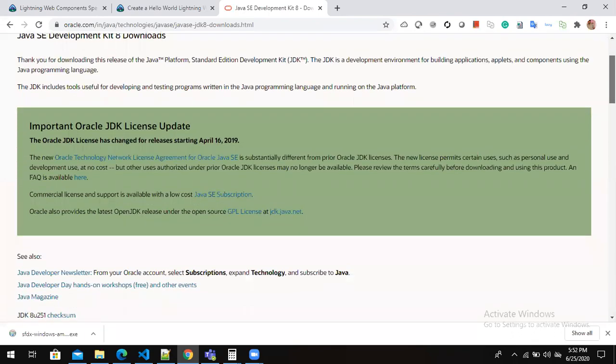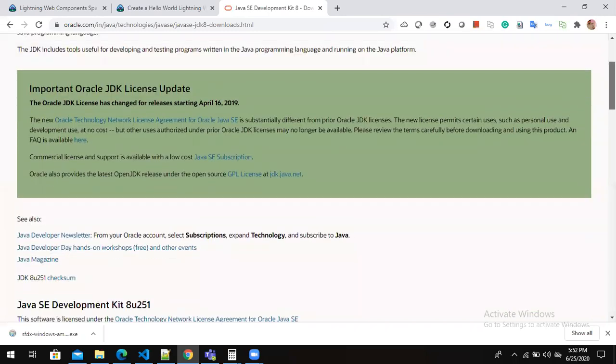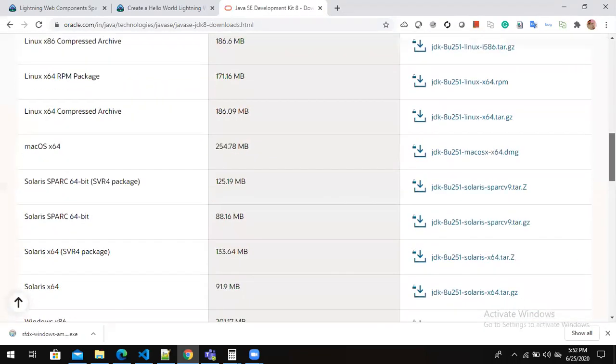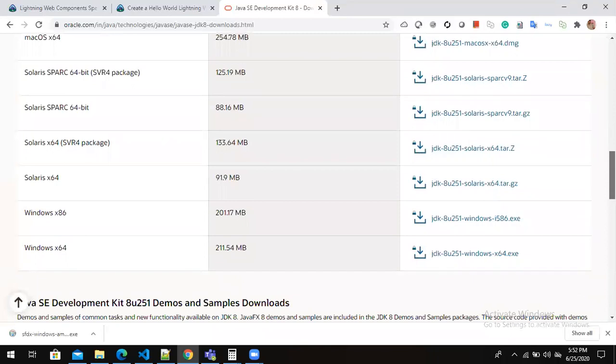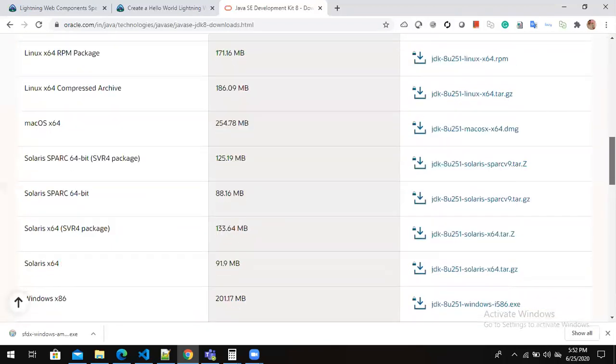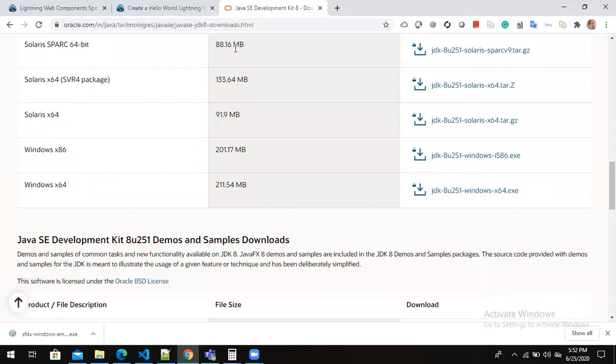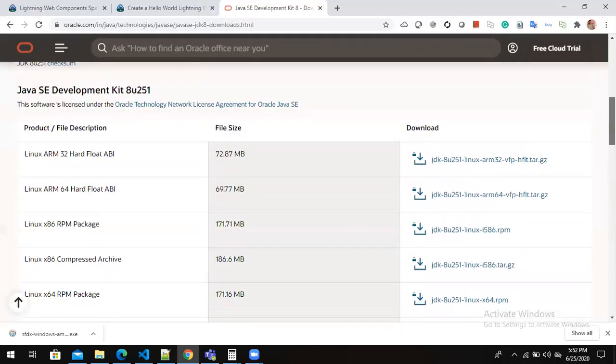Recently what Oracle did was, you cannot download the Java directly. You have to create a free account on the Oracle website. For example, you'll see here the list of JDK exe files to download.